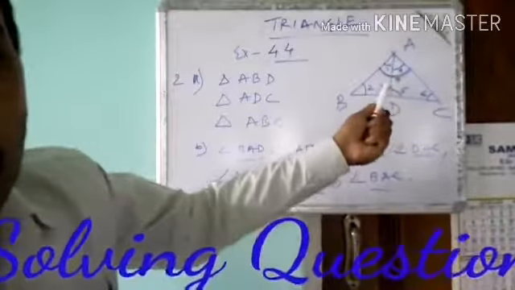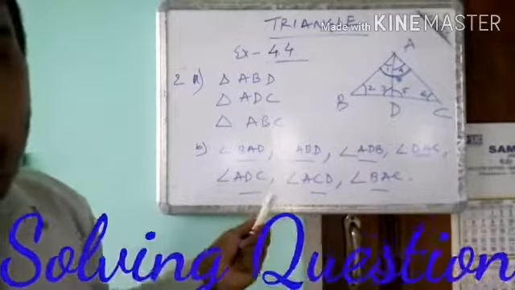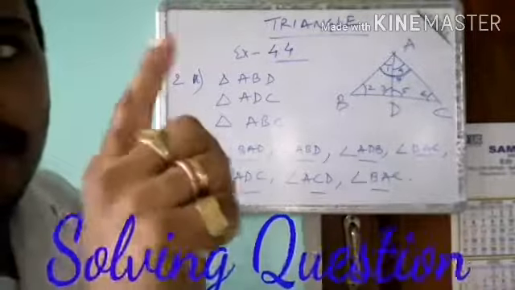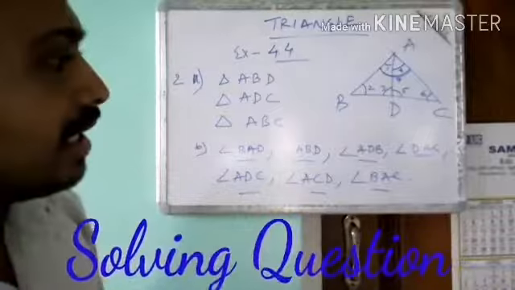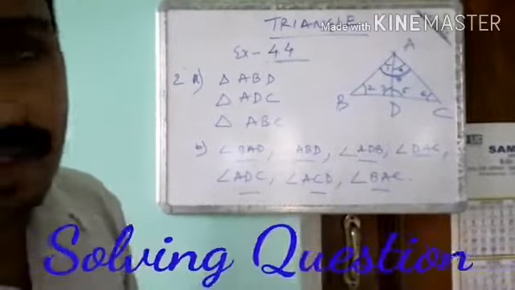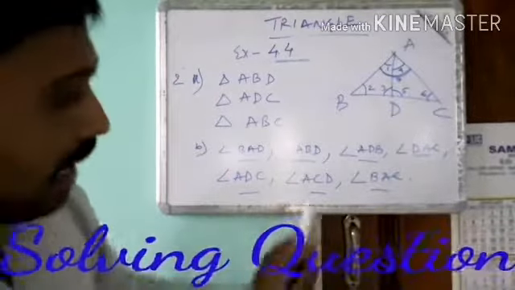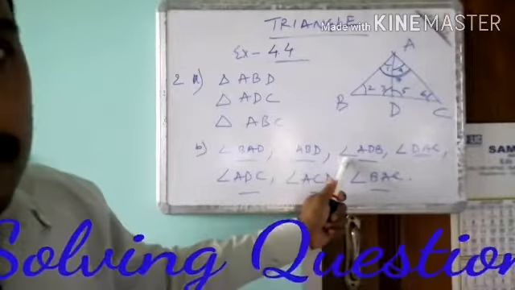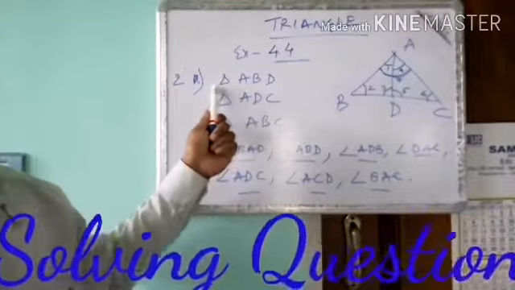I have marked here as well as written the angles. Never write angle A with the alphabet A alone. You should not write with one letter. You should mention angles with 3 letters. Triangle also, angle also. Angle you should mark like this. And triangle you should mark like this.